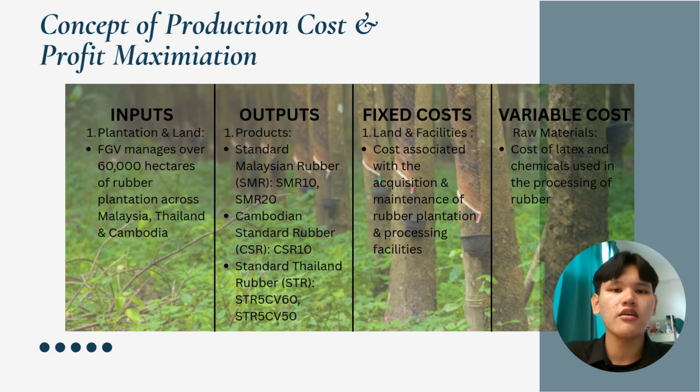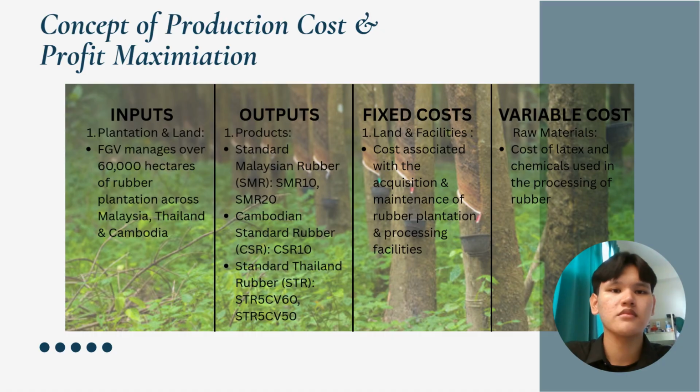Concept of production cost and profit maximization. First is inputs, plantation and land. FGV managed over 60,000 hectares of rubber plantation across Malaysia, Thailand and Cambodia. Then is outputs, products. Standard Malaysian rubber is SMR10 and SMR20. Cambodian standard rubber is CSR10 and standard Thailand rubber is STR5CV60 and